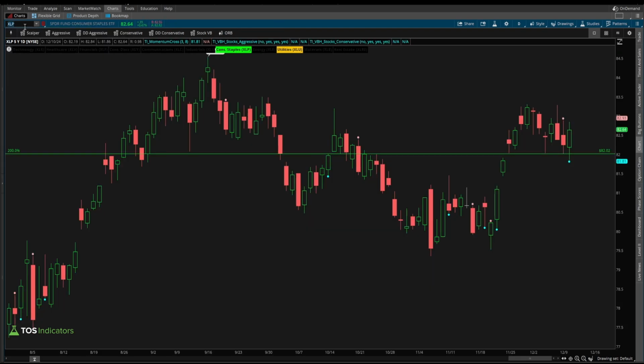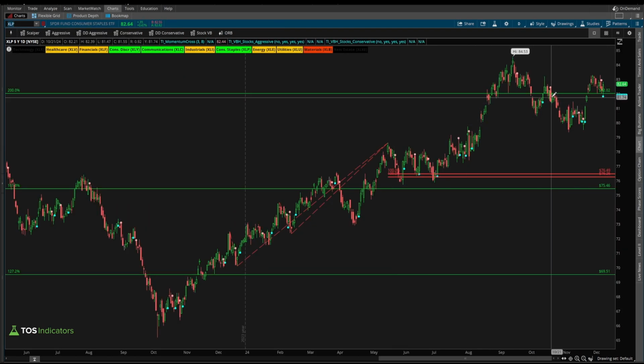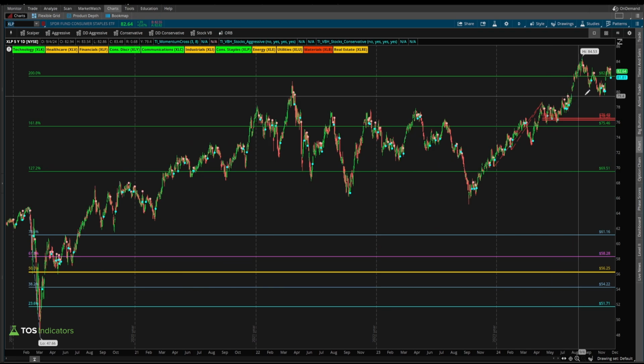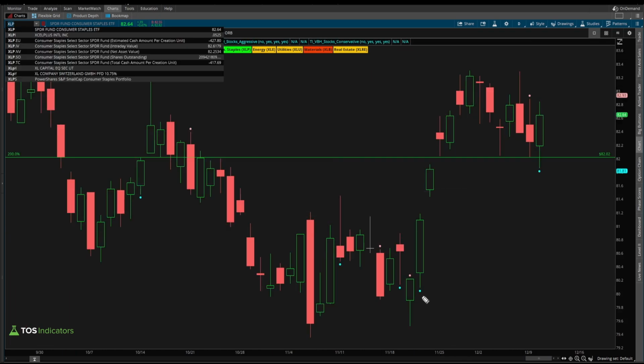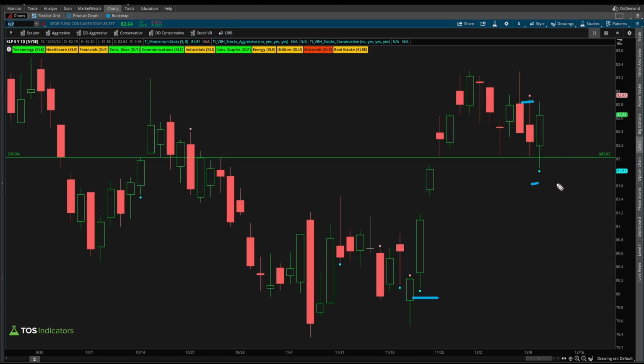So if I load in XLP now, XLP stands out for a handful of reasons. Most recently, XLP has had a momentum shift. We can see that the 3 EMA has crossed above the 8 EMA back in November, and with today's close, we're getting that shift one more time. So that tells me that XLP is a sector that I want to start to pay attention to